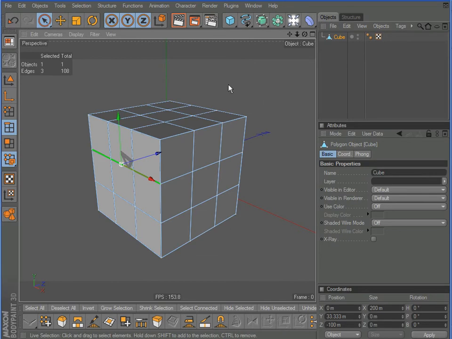In Cinema 4D, it's a little bit different. It serves the same purpose because it allows you to make a loop selection, but the tools, as I said earlier, are different. So this is to get you familiar with it. If you hit the U key on your keyboard, it brings up,